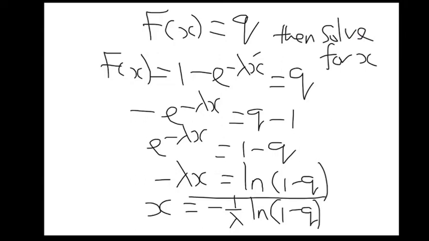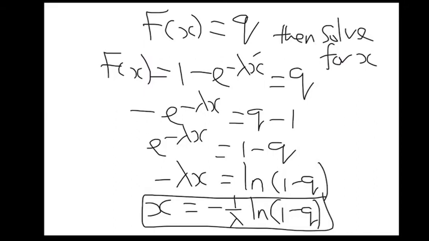So take a look at this now. This is a quantile function for the exponential distribution. You saw the way I derived that. To put a quantile function in place, what I needed to do is first derive the distribution function of that particular distribution, for a continuous random variable. Then I equate that to q, and then I solve for x.